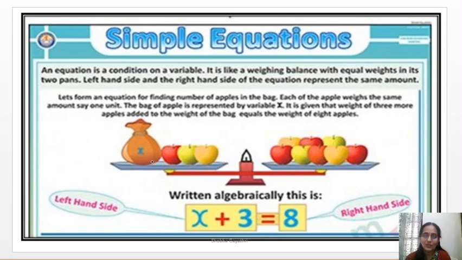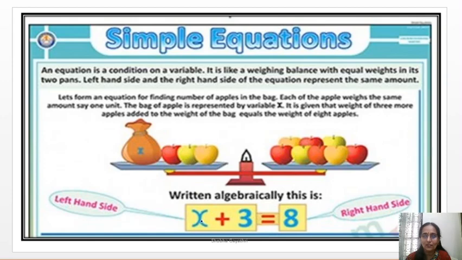Now we don't know the weight of the pot. Let us assign x, because in this figure it's obvious and clear. It is equal to the weight of 5 apples here, right? The rest, 3 apples, are there on the left pan. Here the number 3 represents 3 apples. So x is the weight of the pot. x plus 3, both the weights. If you add up both the weights, it is equal to the weight of 8 apples, right? So x plus 3 equals 8 is the relevant algebraic equation for this figure.